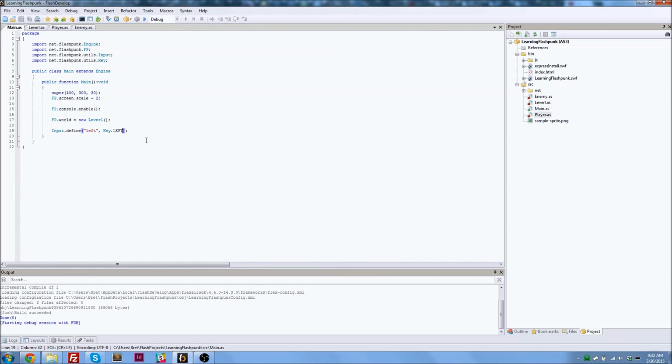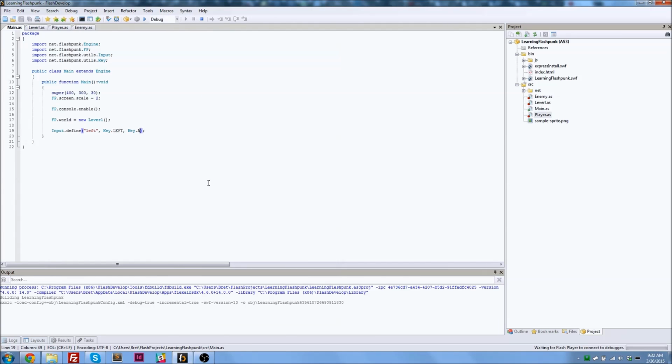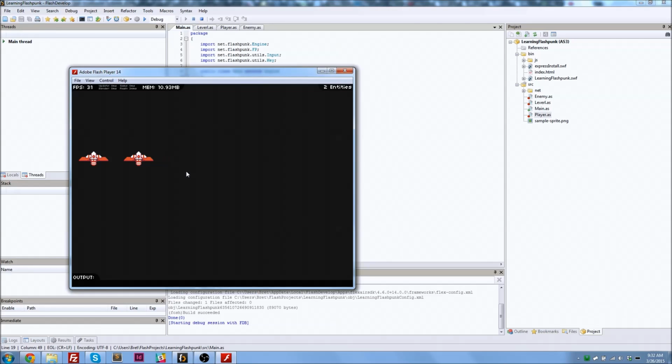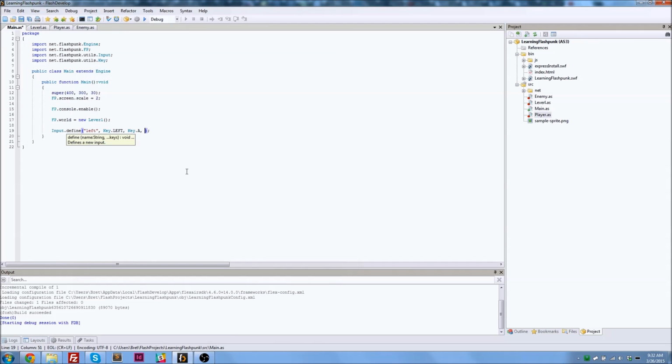Like I said with the ellipsis, you can put multiple keys in here. So if you put key.a and you run it, if you press the A key, it moves now. You could add as many as you want. So you could do numpad 4 if you wanted, or J if you want to do IJKL. You know, there's lots of different possibilities there, and that makes it really nice for when you're doing stuff